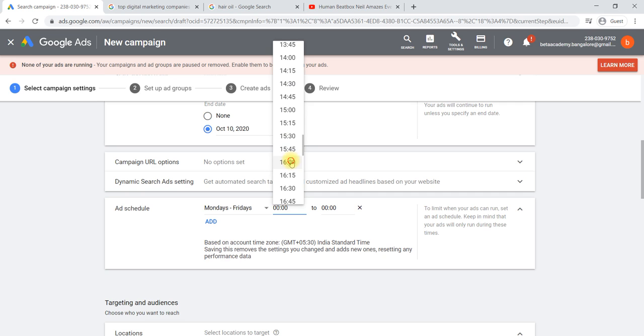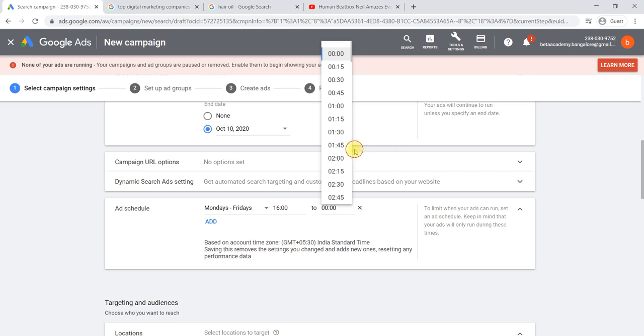Evening only, like 4 o'clock to, we'll select, okay, 10 o'clock. Based on what kind of marketing you are doing, we can select a time also. At that particular time only your ads will be shown. The rest of the time your ads will not be shown. On Saturday and Sunday your ad will not be shown. On Monday to Friday, until 4 o'clock in the evening it will not be shown, and after 10 o'clock also it will not be shown.